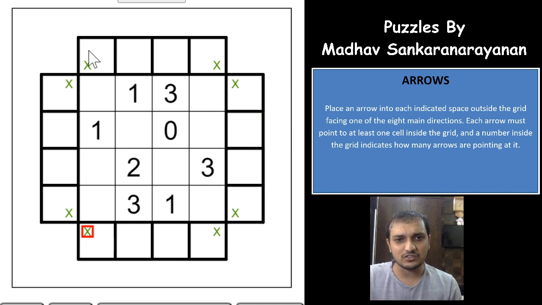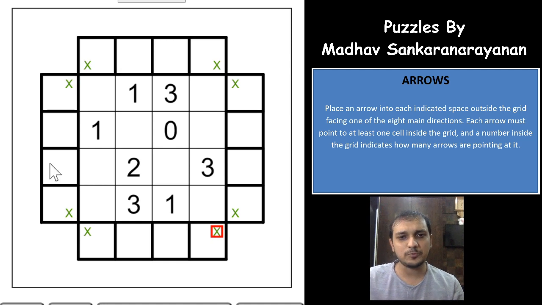And the corner cells will have exactly 2 possible placements for the arrow, right? This is the first and foremost important logic that you need to see in this puzzle. Because of this, you cannot have an arrow pointing towards the left diagonal because that will point to the other cell of the arrow, not inside the grid. So I have marked the crosses here, and the next important thing in this puzzle is the notation. I'll be explaining how I am going to notate each and every piece in this puzzle.